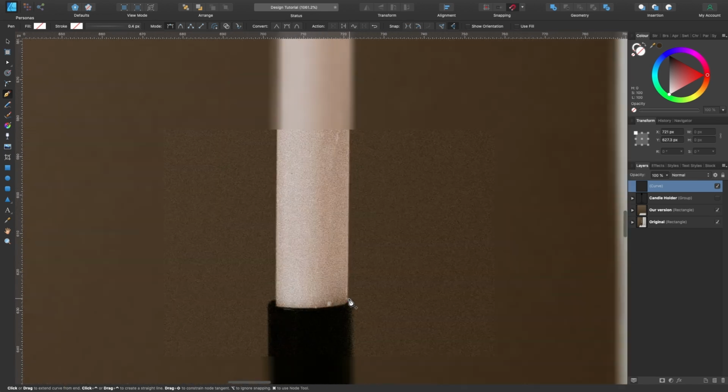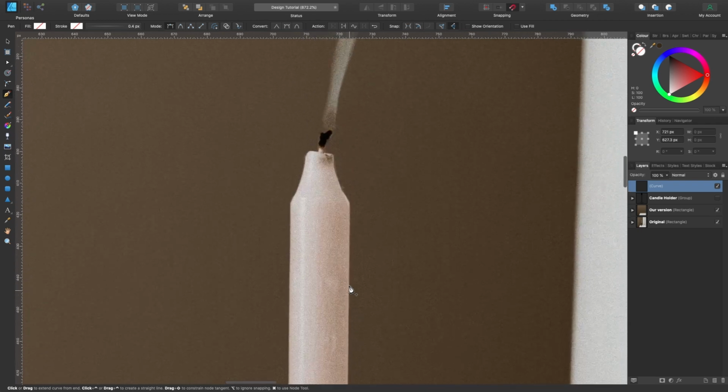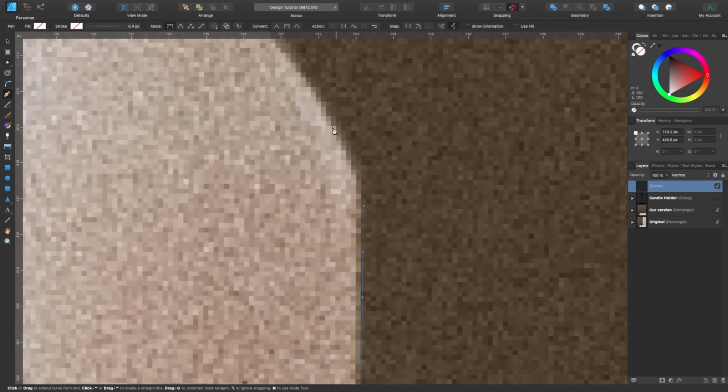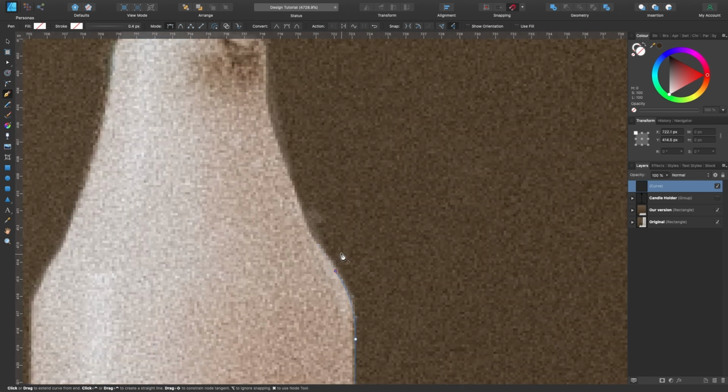So I've got it in this section here. I'll go all the way up to the top because that's a straight line there. And I'll just click to about here, and I'll click and drag up like that. I'm going to hold down Shift to keep it in a straight line like that. And let's zoom in. Just click around like this. So from this point, I'm just going to continue doing that using all the things I've told you already. And if I come across anything I haven't told you already, I'll slow the video down. All right.